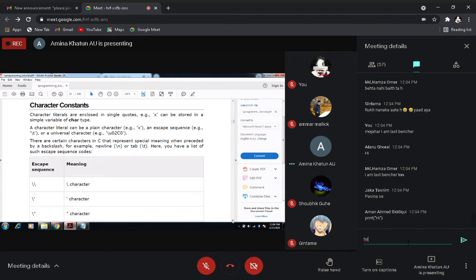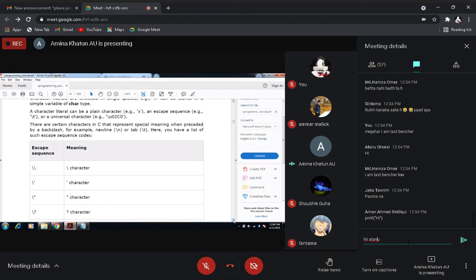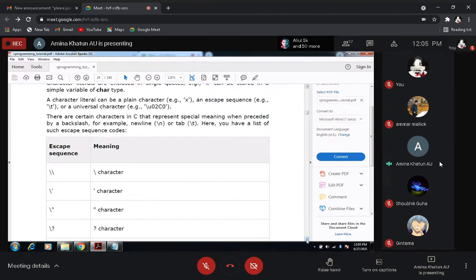A character literal can be a plain character, just like A, B, C, D, or it can be an escape sequence. We have already talked about escape sequences, that is \n, \t, etc. Or you can also use a universal character.